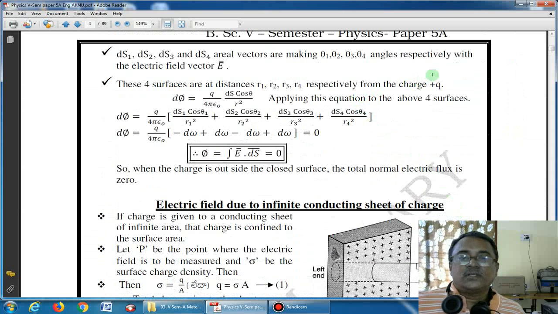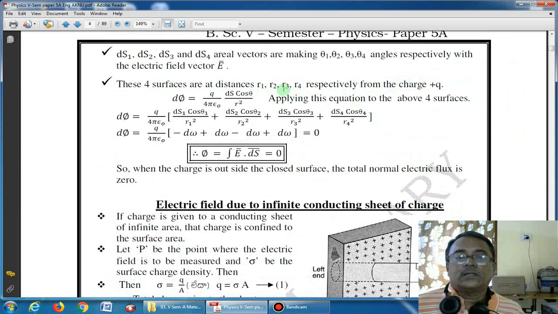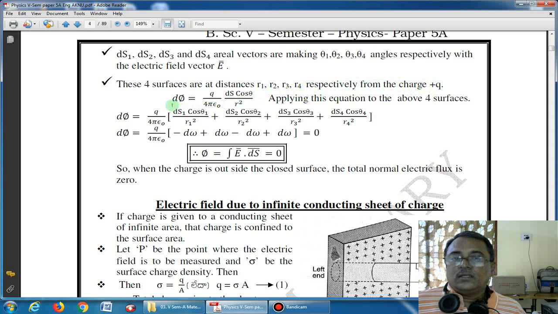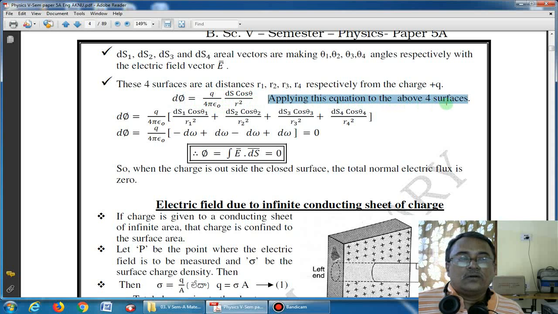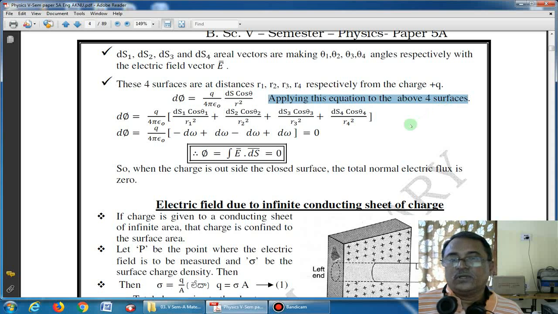And all these surfaces are at distances r1, r2, r3 and r4 respectively from the point O or from the charge plus q. The general equation for electric flux d phi is equal to q by epsilon naught into ds cos theta by r square,